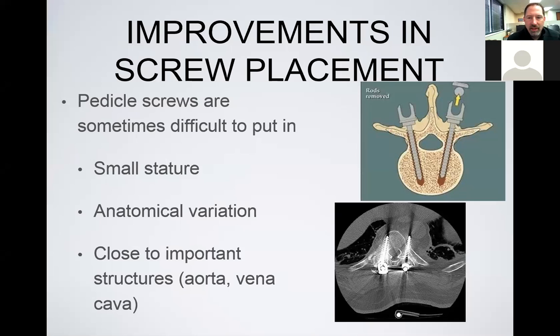So one thing that also helps our safety is some improvements in screw placement. This is just a diagram, again, of what we call an axial, or looking down at the spine, to where those pedicle screws go. Usually these pedicles are anywhere from 5 to 10 millimeters wide, and a typical screw size would be a 4 millimeter to a 5.5 millimeter